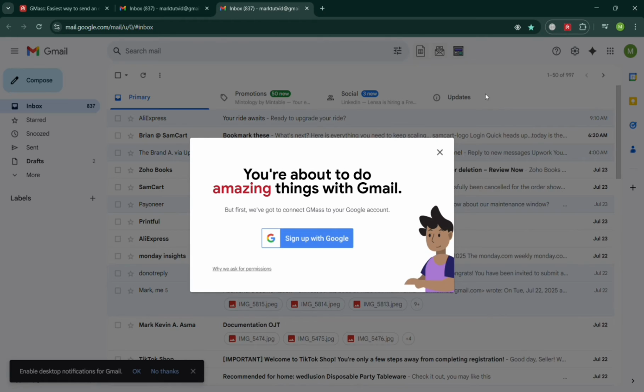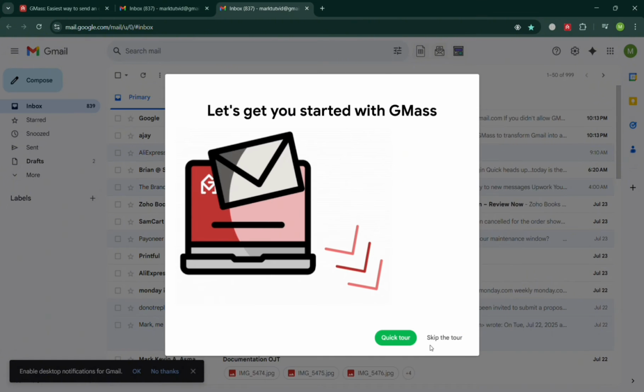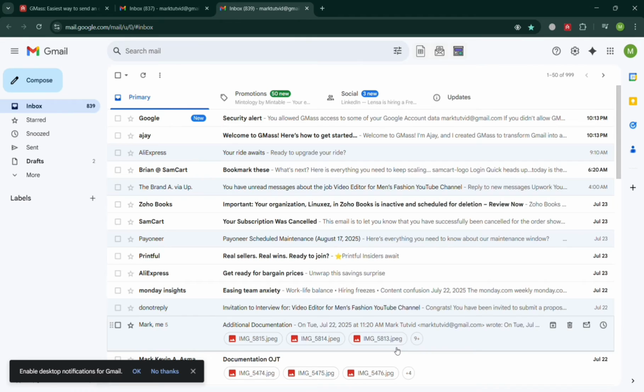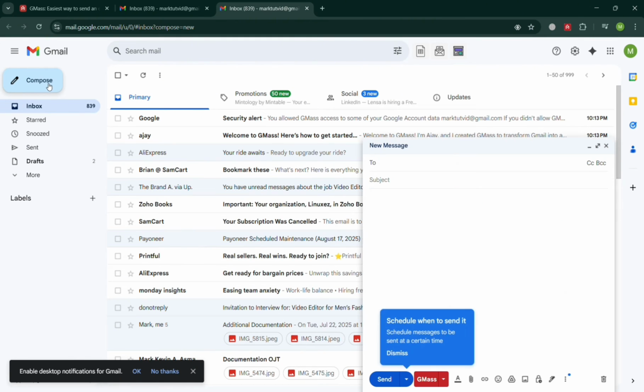And once you have successfully linked your Gmail account, it will show you here the result, or some of the features added to your Gmail. It will ask you to have a quick tour or skip the tour, but I'm just going to skip this part. And now to start using it, you can start by composing an email by clicking the Compose button